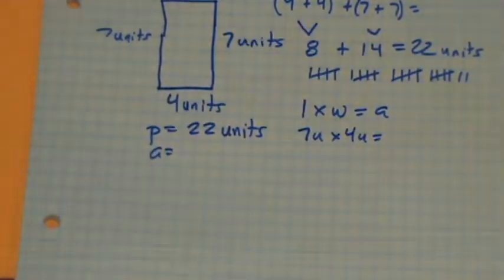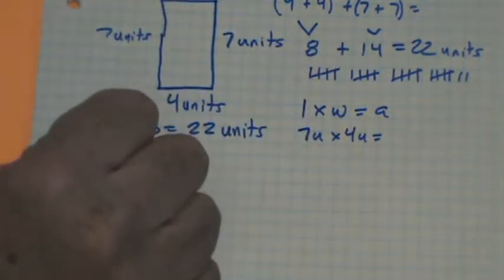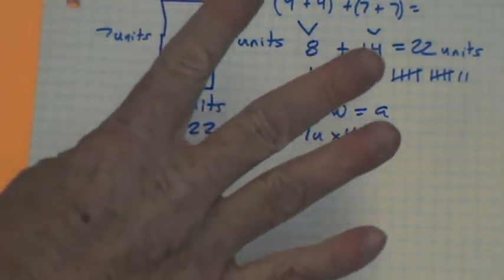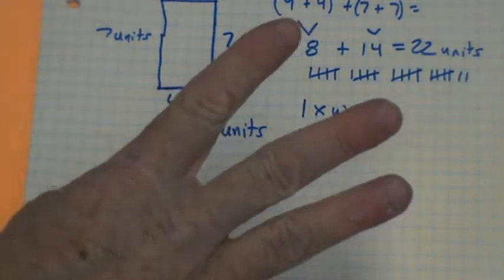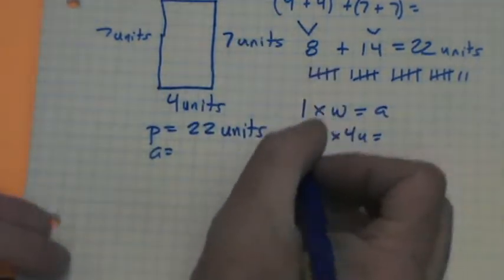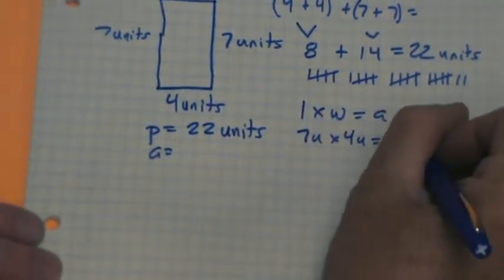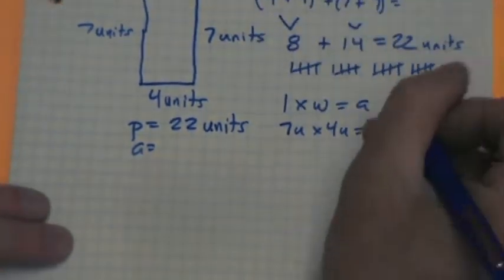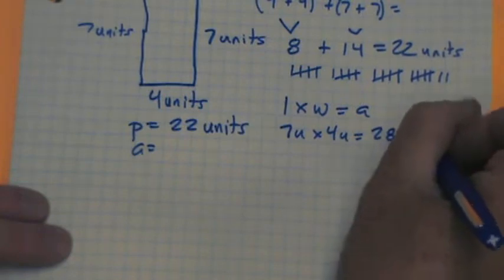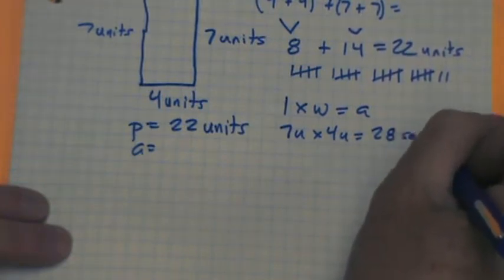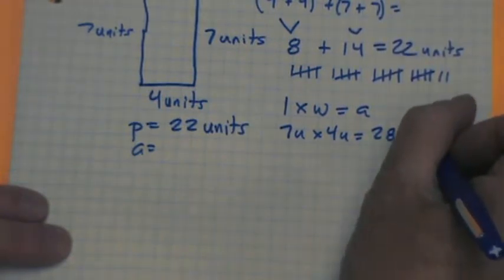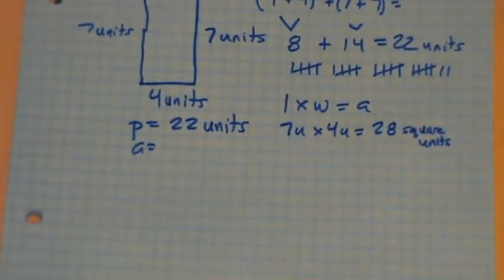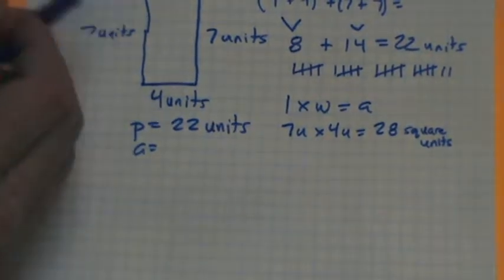Well, 7 times 4, let's count by 4s. 4, 8, 12, 16, 20, 24, 28. 7 units times 4 units equals 28 units, but we need to put something there. We're going to put them square units. So it's 28 square units. And look, lo and behold, and the beautiful, wonderful thing about this, it blows my mind every time. Let's count the